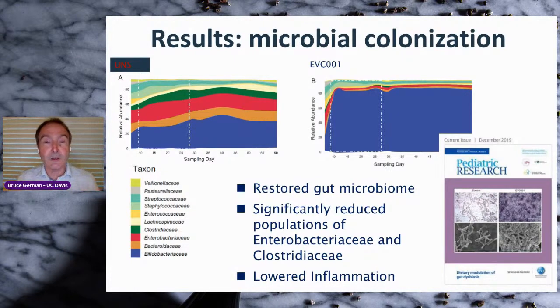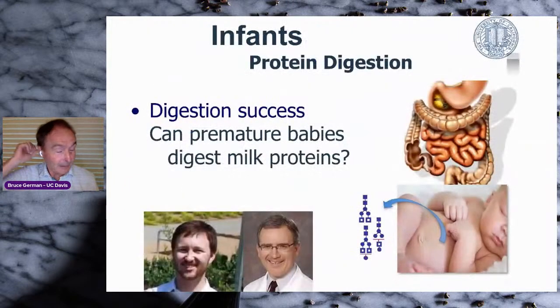And now we're turning to, okay, that's how milk does it. What complex carbohydrates should adults eat? And what bacteria should those stimulate as the community in our intestine? So next to proteins. So we're very interested in the digestion of proteins, how well can babies digest, and in